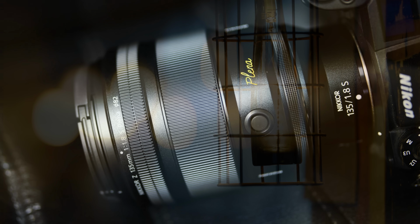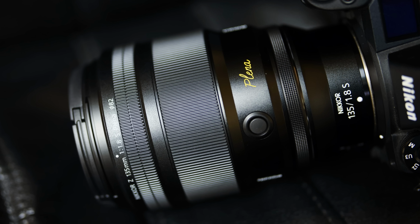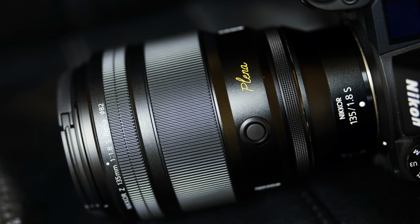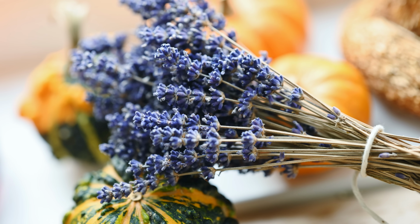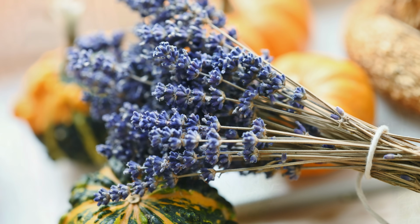The yellow Plena moniker is beautifully etched into the side of the lens. The name comes after the Latin word for a jar or space that's full, and the implication is that this lens is a space that can be full of its user's creativity. A little tenuous perhaps, but I do like the idea of premium lenses being given classical names,